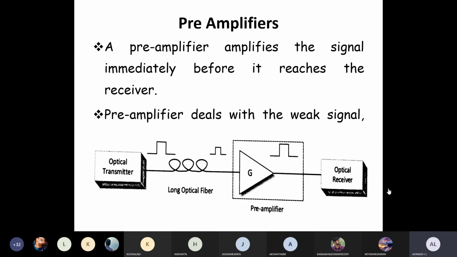Okay, so your pre-amplifier amplifies the signal immediately before it reaches the receiver. That is exactly the condition. So you can understand that the pre-amplifier deals with the weak signal. So here, what exactly happens is